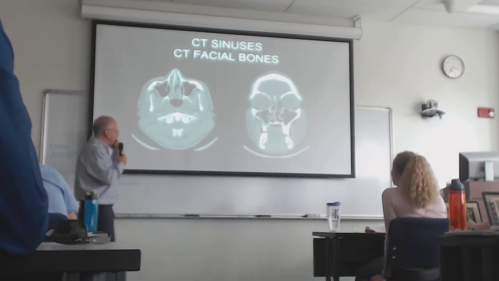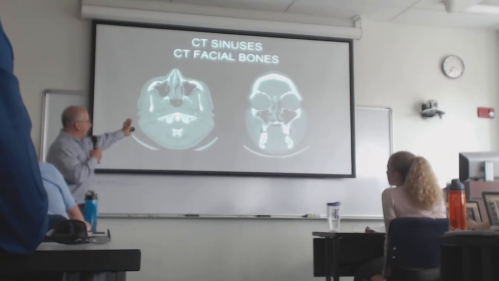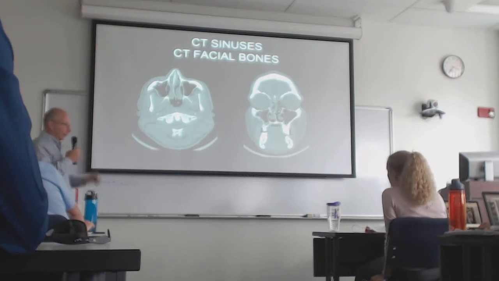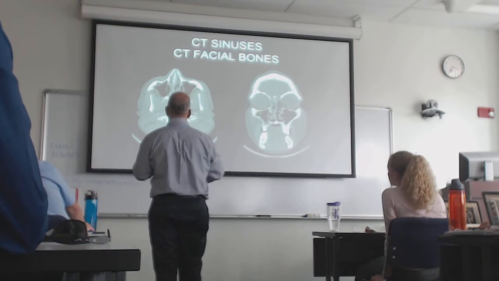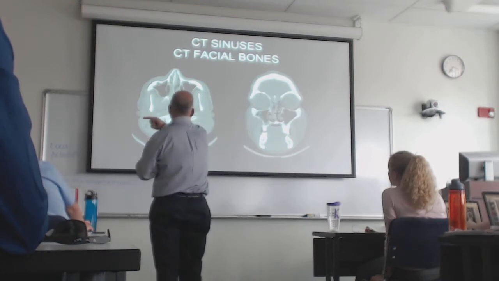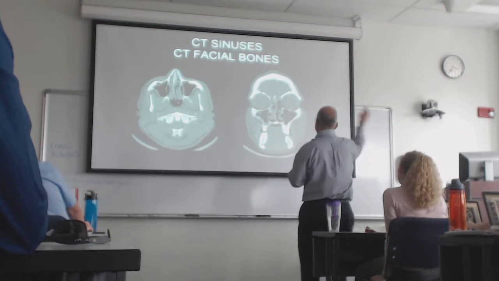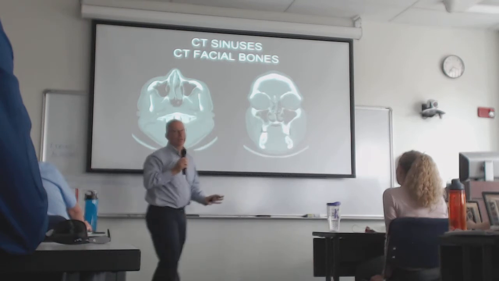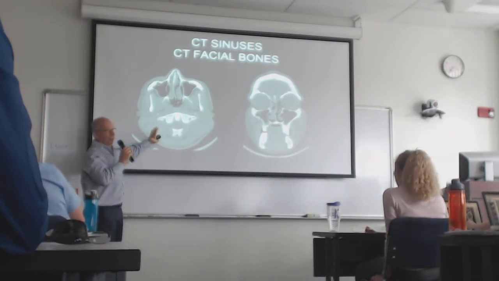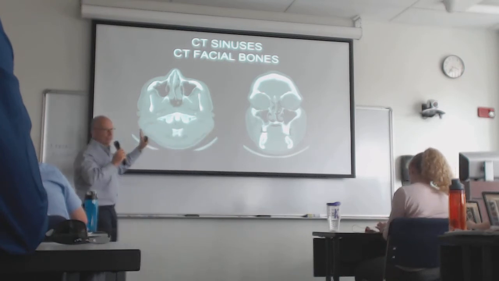Remember also the convention is that you are always looking at axial images as if you were standing at the foot of the bed and looking at the patient. So if I'm standing at the foot of the bed and I'm looking at that patient, then that is the patient's left, that is the patient's right. That is anterior, that is posterior. Superior and inferior, okay? That's convention. You're never going to see a CT scan where the patient's right is over here. If you do, somebody made a mistake.